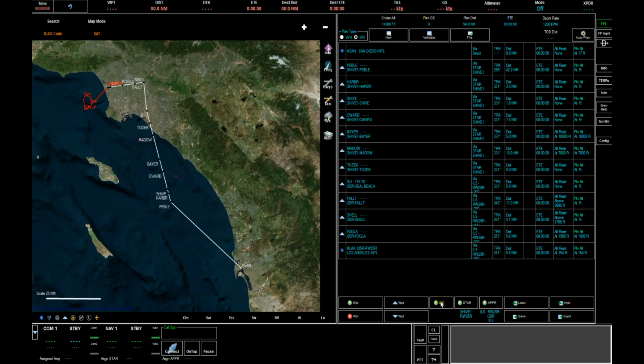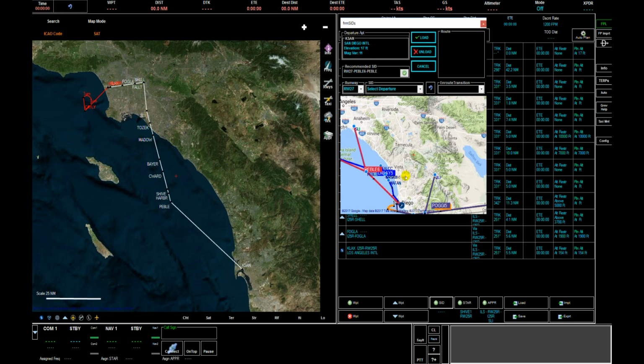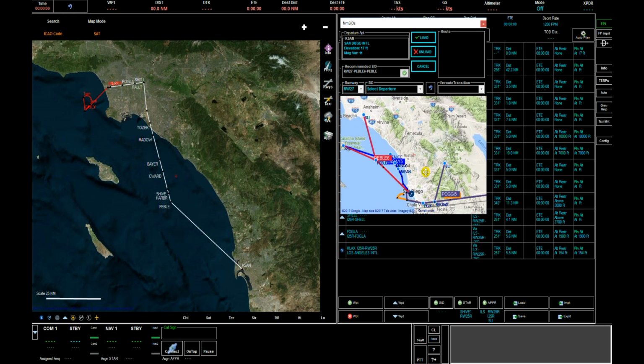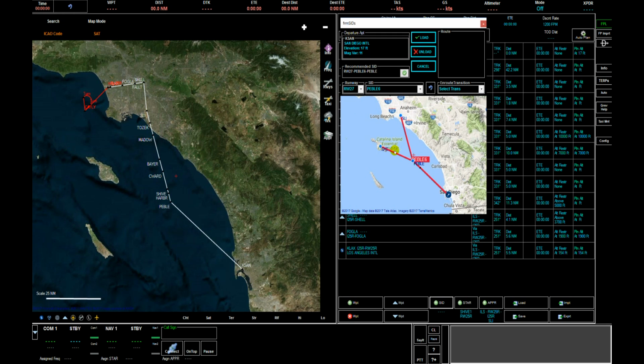So the other new feature is for the SID, star, and approach. We've got an easy to read graphical depiction, as well as the original drop downs. But this way you can see that over here our star going into LA looks like it starts at Pebble, and we've got some SIDs here that take us directly to Pebble. In fact, we have a SID named Pebble 6, so we can press on Pebble 6, and that